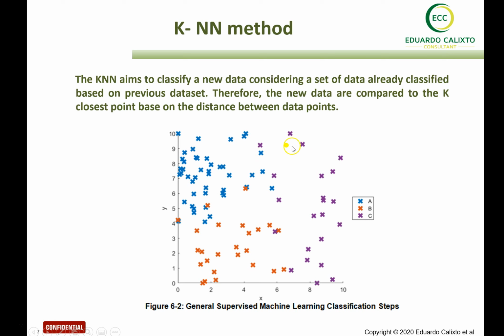So this point here will be classified as C because it's closest to points that belong to class C. If we have a new data point here, this green one, and we define K as 5, we define the closest 5 points that we consider: 1, 2, 3, 4, and here 5. We can see that the closest points are in class B, so this point will be classified as B, and so on. That's the general process of